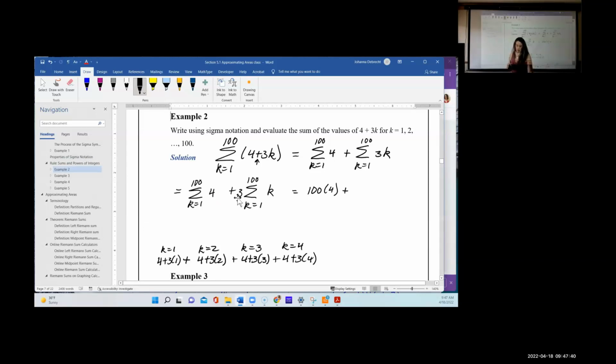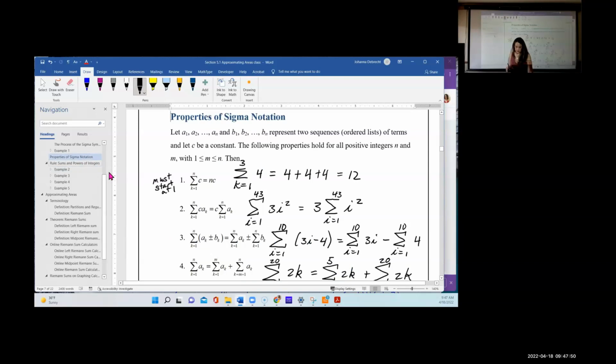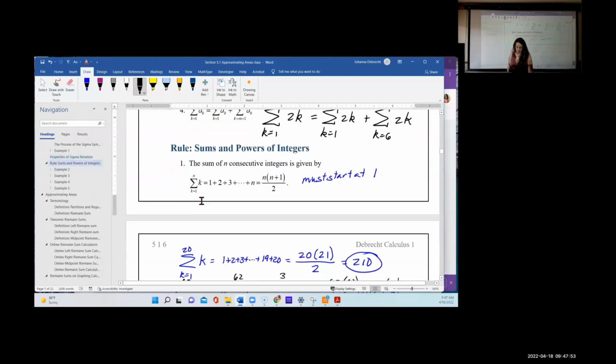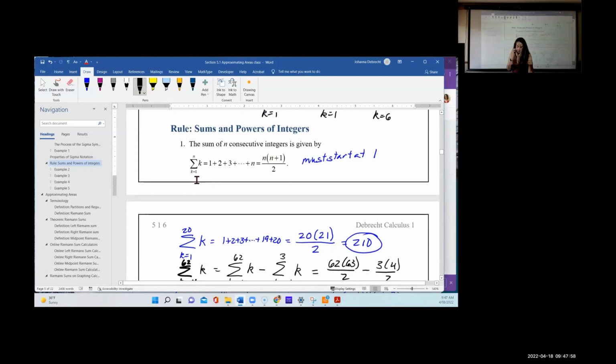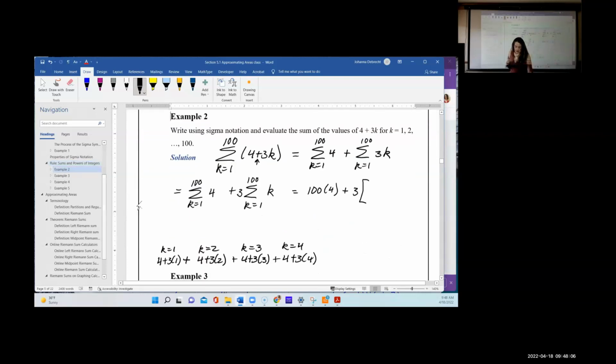Okay, what about the sum of 3 times something? The sum from k equal 1 to 100 of k, isn't that a property as well? That's one of these properties, the rule, which is the sum from k equal 1 to n of k is n times n plus 1 over 2. So the upper limit is 100, and then 100 plus 1, and then divided by 2, which gives us 400